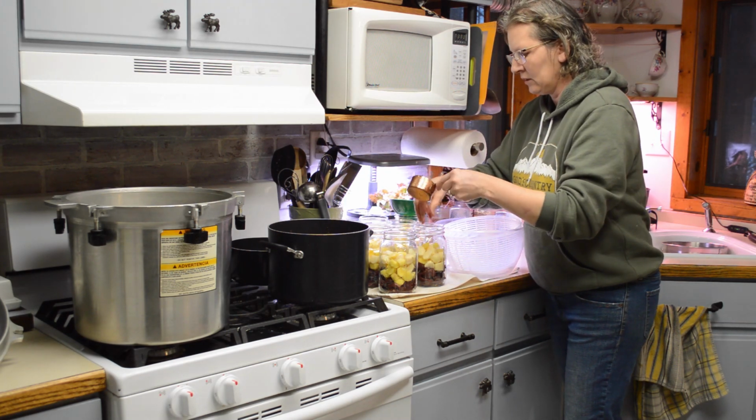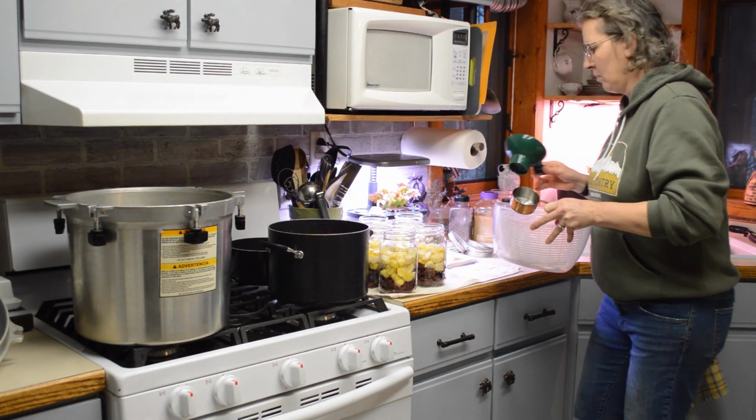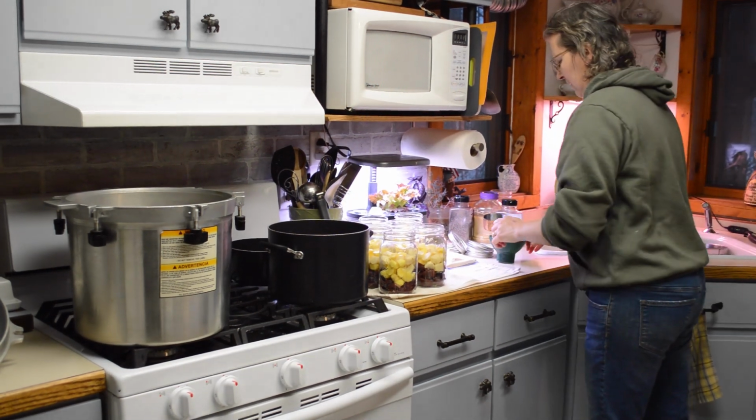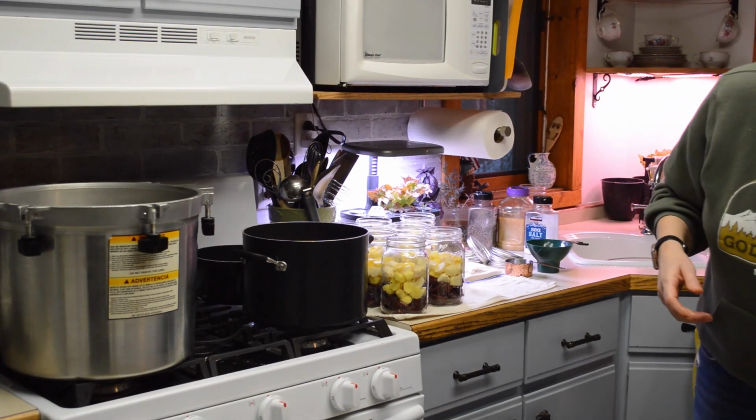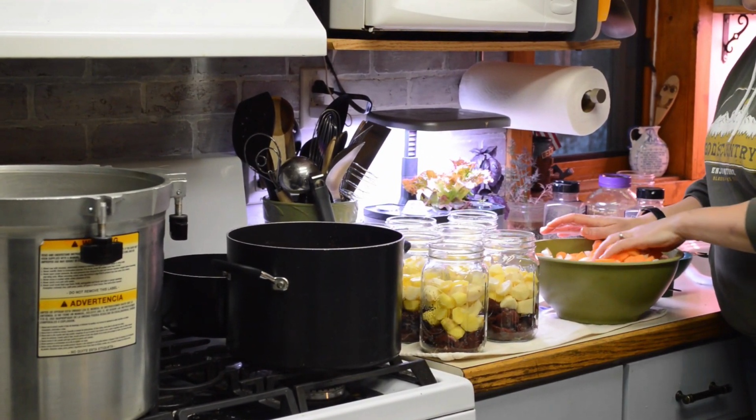But even though our potatoes didn't do the greatest this year, it still was able to do this. So here it is, almost mid-January, and they're still eating them. That's true. Okay, now we're going to move to, I just have a bunch of carrots and onions diced up